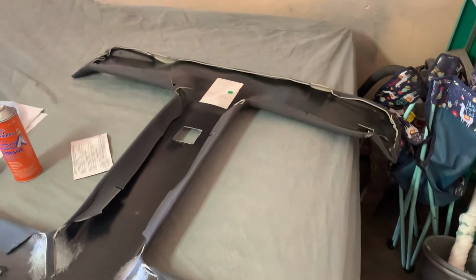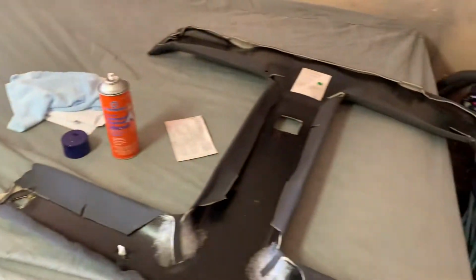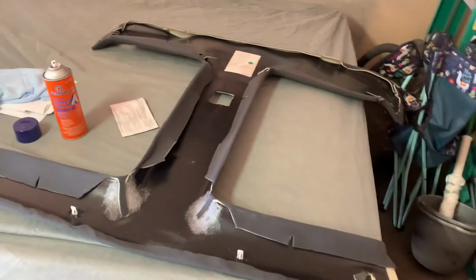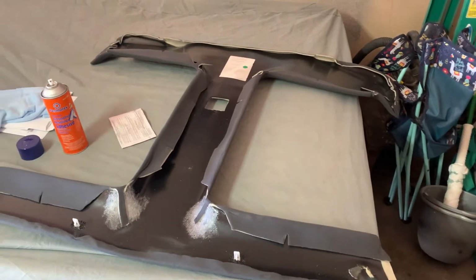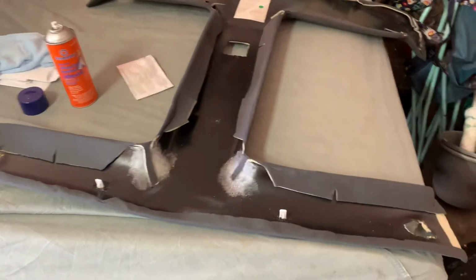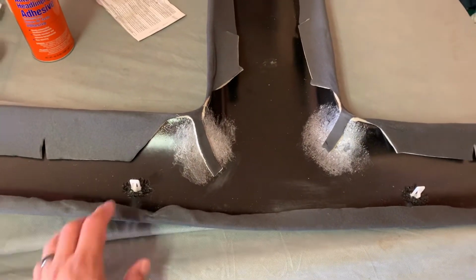So that being said, any of you guys wanting to pick up one of these ABS headliners for one of these cars, if your original headliner board is non-existent or not worth repairing, like I said, I have no issues at all with the fitment of this thing. The only thing, unfortunately, is that it took me about 10 minutes to plastic weld